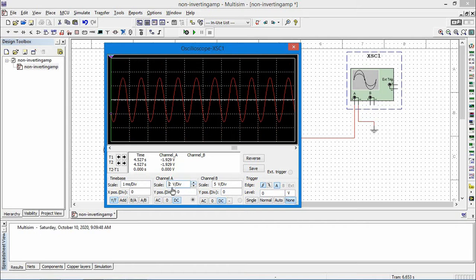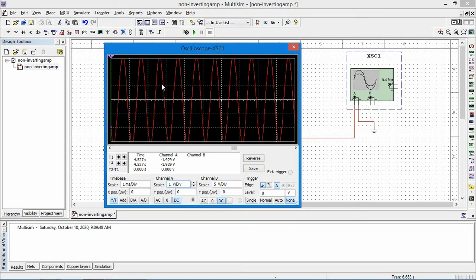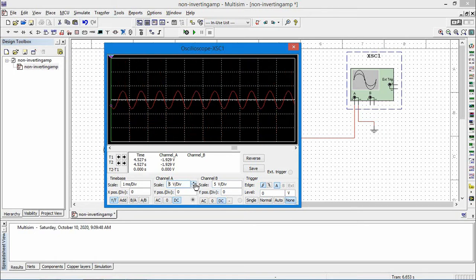Earlier it was 2 volts per division. If I reduce it, the waveform increases. Here I set 5 volts per division, so the waveform amplitude is reduced. Like that we adjust the waveform. Similarly, we can do the same thing in channel B if any waveform is connected to channel B.